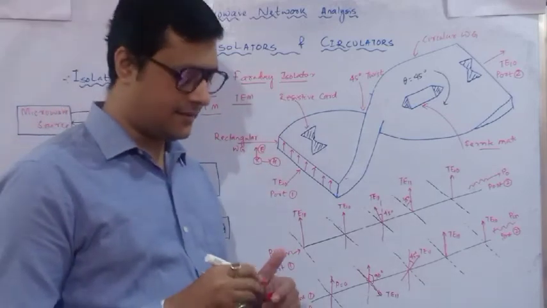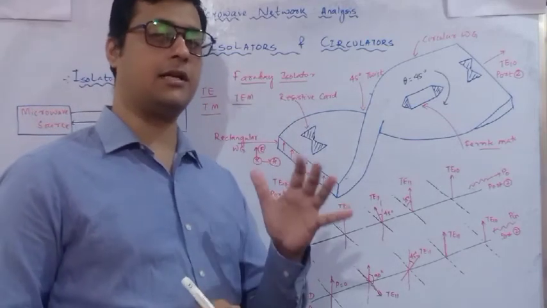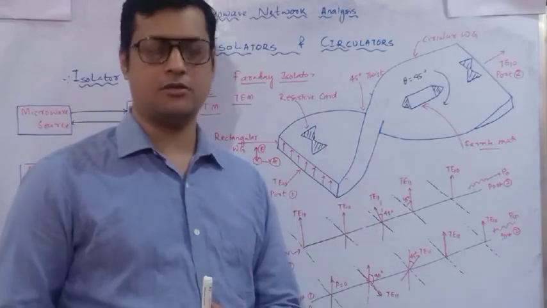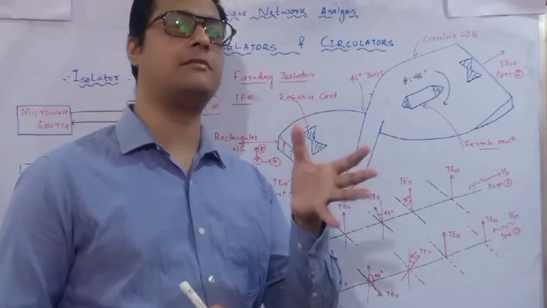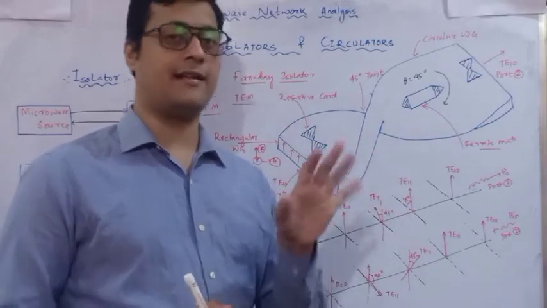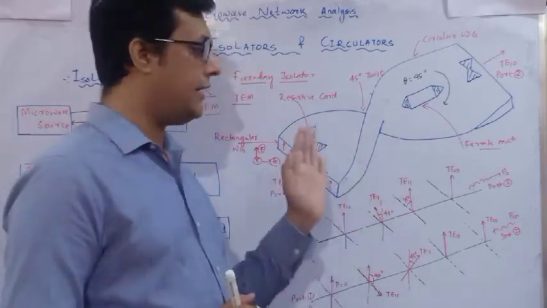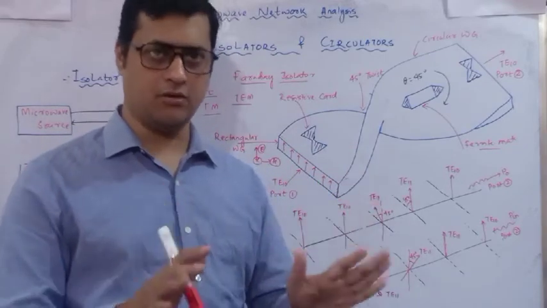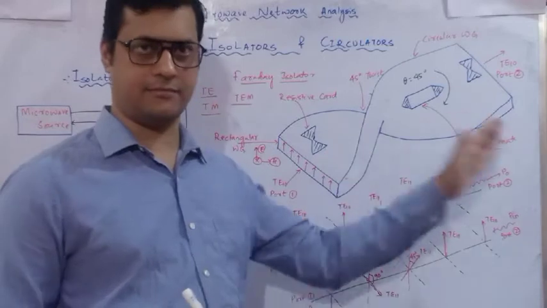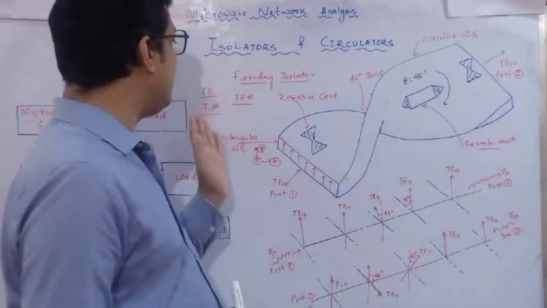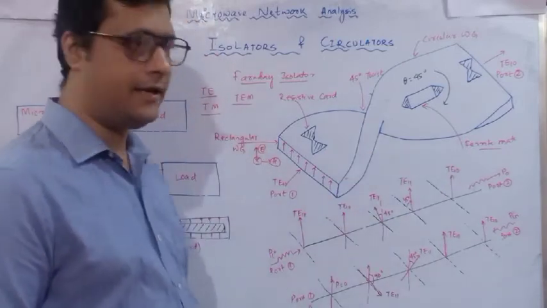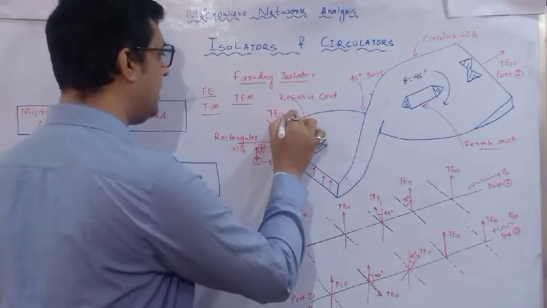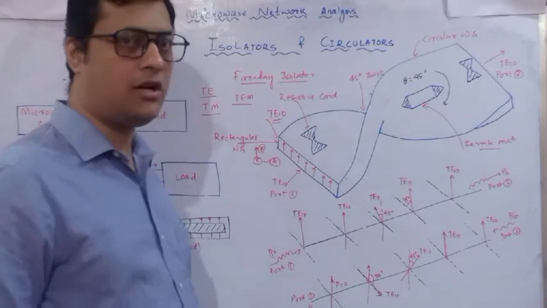Here we are concentrating on the electric field because the potential drop is going to happen. So I will use the transverse electric mode. In transverse electric mode, you analyze only with respect to the electric field. The magnetic field is suppressed as 0 in the particular direction. Now, if it is a rectangular waveguide, it must operate in TE10 mode.